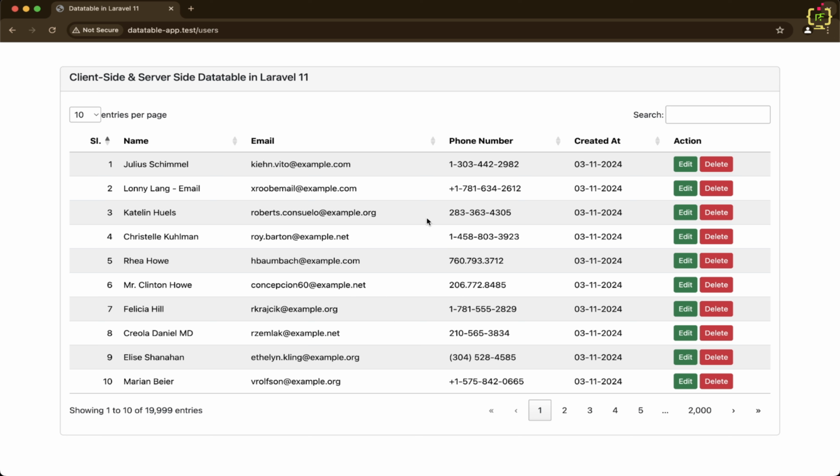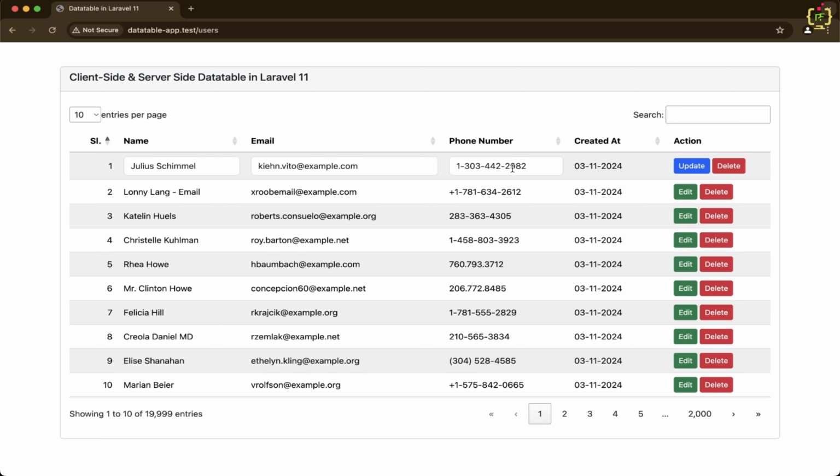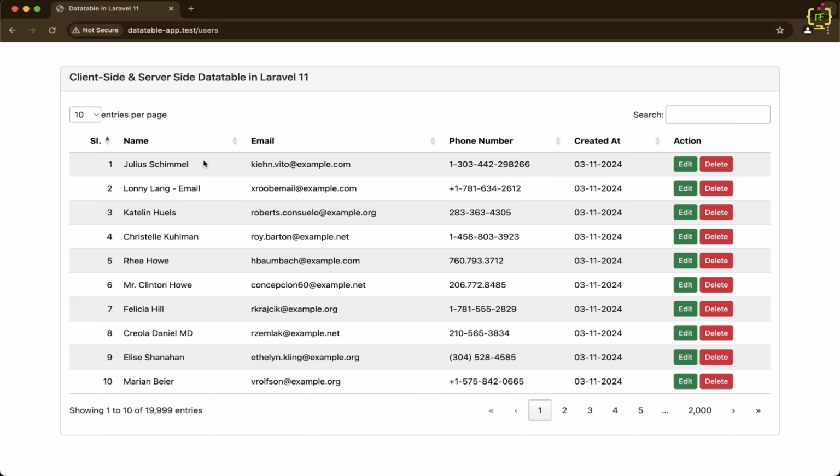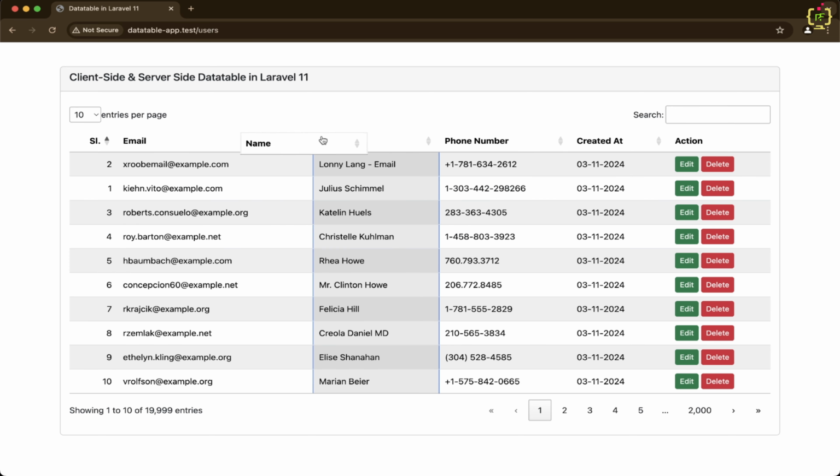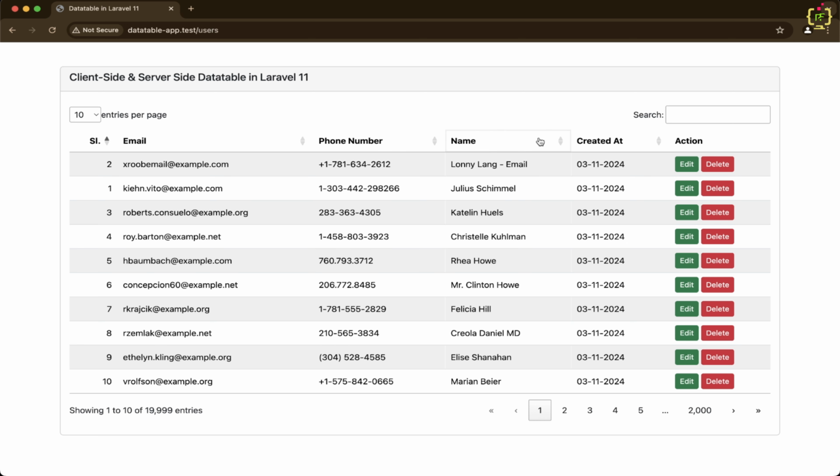In the previous videos, we have covered some pretty awesome features like setting up server-side data tables, adding edit and delete actions, enabling inline edits and update functionality, and even reordering rows and columns. Alright? Now today we are taking it up a notch with some advanced functionalities that will really level up your